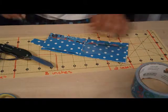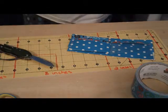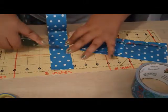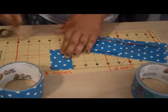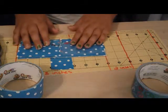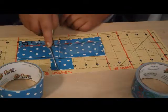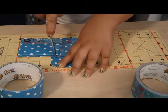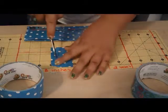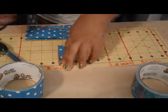and then you take your ID and you put it on the other side. And then now I'm going to take a piece of tape that is 3 inches tall, and then what you do is you take your wallet and then you kind of fix your pockets the way you want it, and then what you do is you cut the length off that you don't want. The length that you want is going to go on, so you want to make that as good as you can. I'm just cutting that all the way down, and then you get rid of your extra pieces,